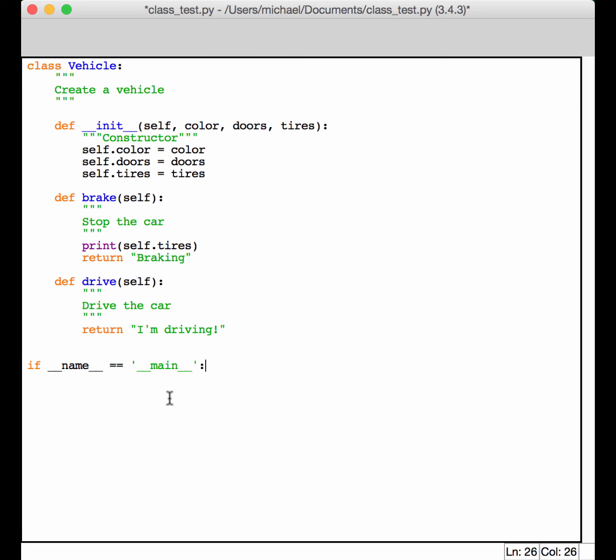These double underscores are known as dunder methods. So double underscore name double underscore is a special method that basically identifies that if name equals main, it means that this script is running. It's kind of confusing, but basically what this means is if you run this script, then anything underneath this if